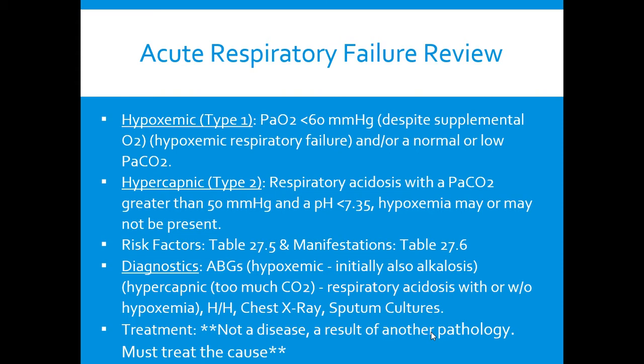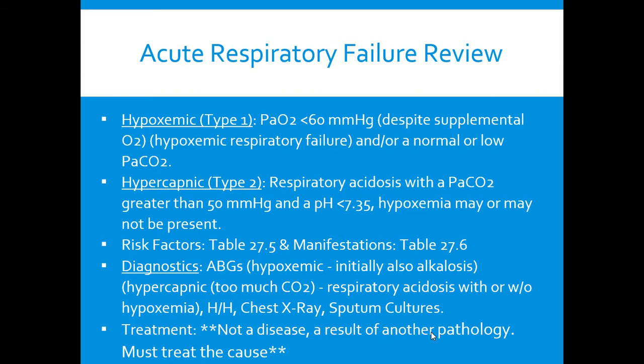Or a shunt, where the lungs are perfused but inadequately ventilated, such as with atelectasis or pneumonia. Or you might even have impaired diffusion, which occurs at the alveolar level, where either the distance for gas exchange is increased,